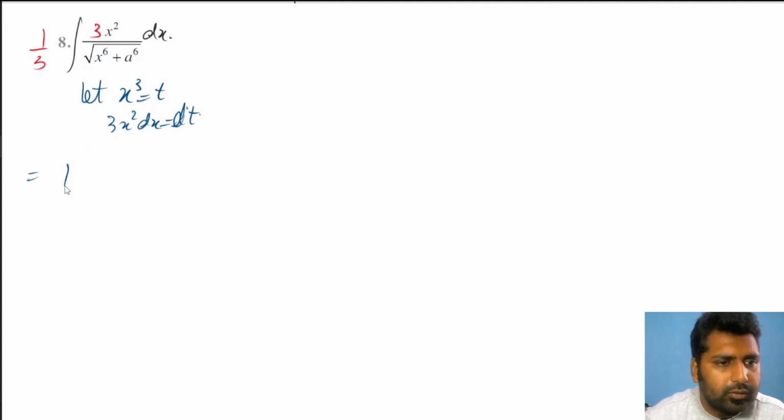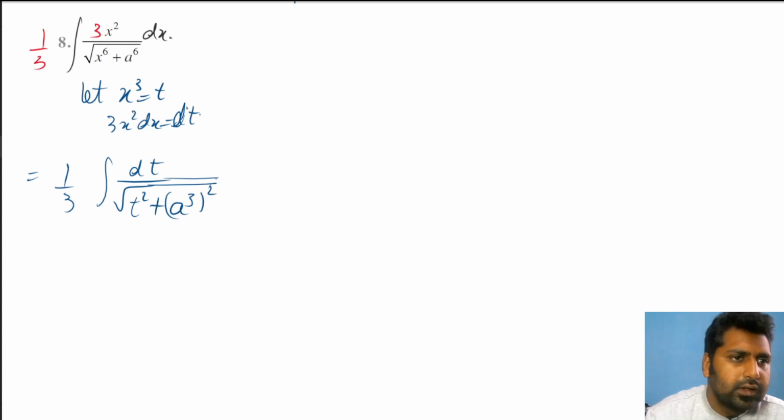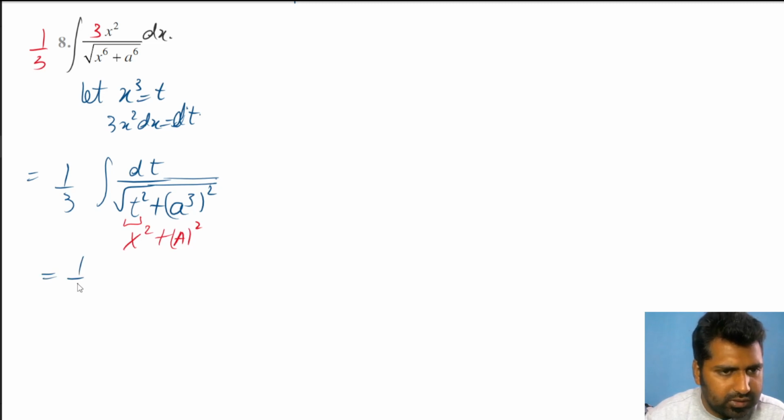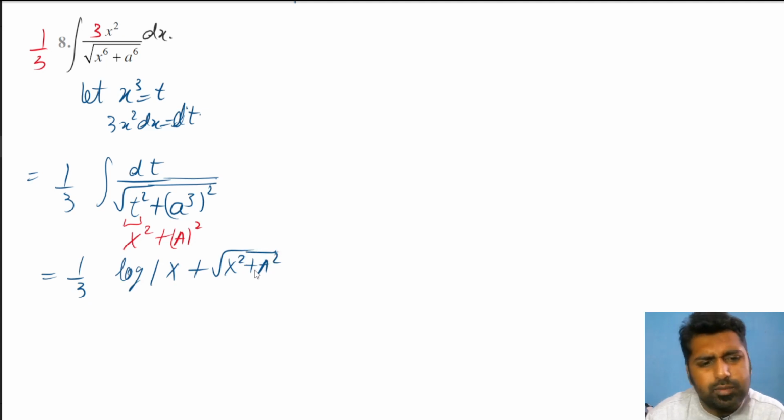So 1 by 3 integration dt upon square root of t square plus, we cannot write a raised to power 6, we need something square, so I'm writing a cube whole square. Now this is your x square, this is your a square. Since a is already used, I'm writing capital A to avoid the confusion. So this becomes 1 by 3 times the integration of 1 upon square root of x square plus a square, again I'm writing the basic formula first, x plus square root of x square plus a square, to avoid any confusion. Then you replace the value of x in capital A,